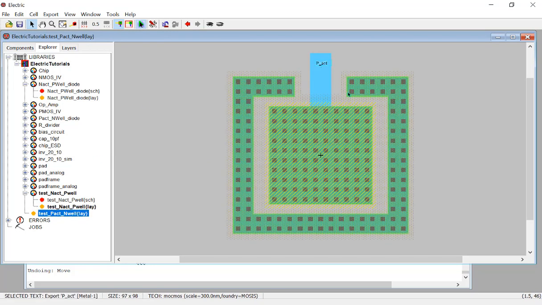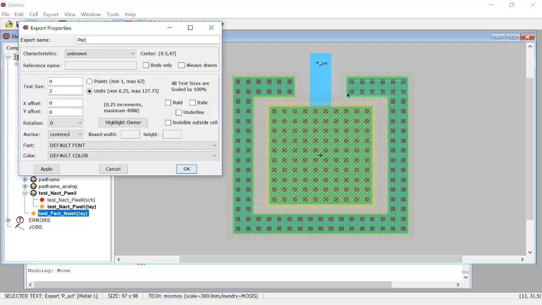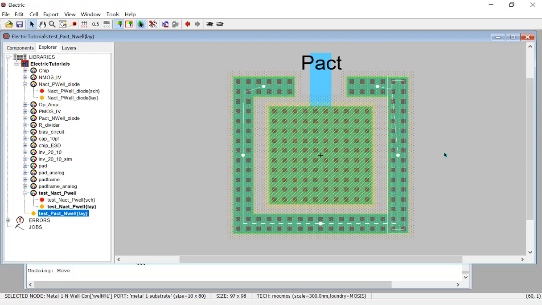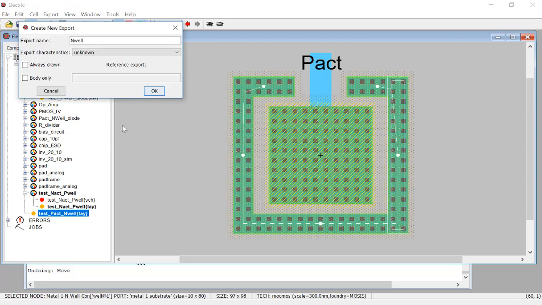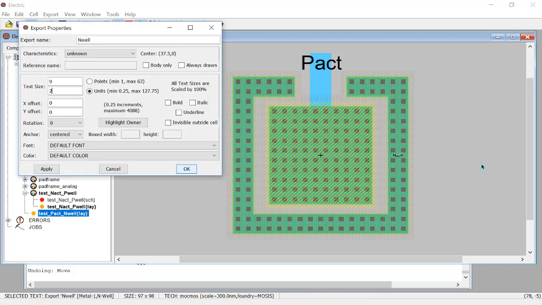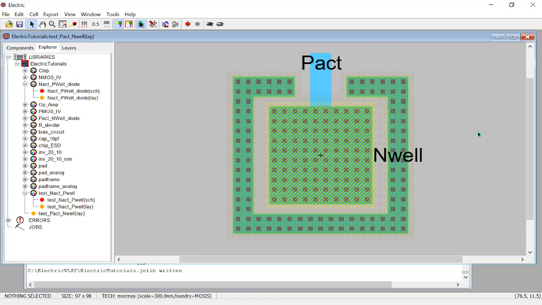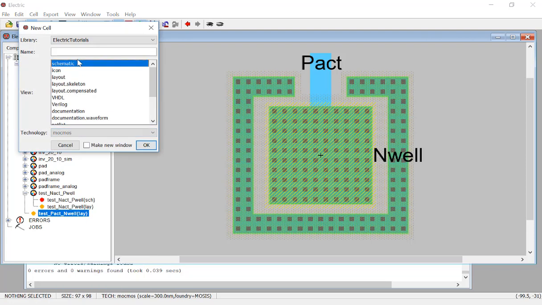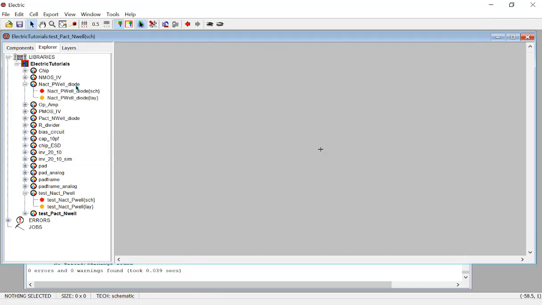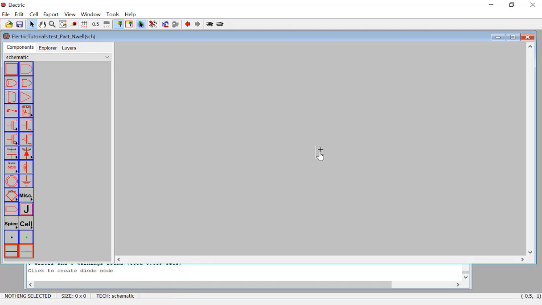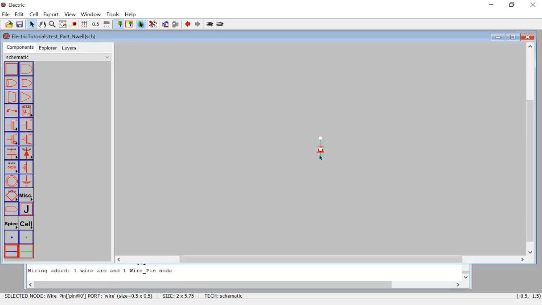And same here. So let's do Pact and make it to be 10. And this guy is unwell. And the same thing, change the size to be 10. All right, F5. And now let's right click and make a new schematic out of it. So it's going to be test, Pact, unwell. All right, and grab a delt and put it here and make a node,